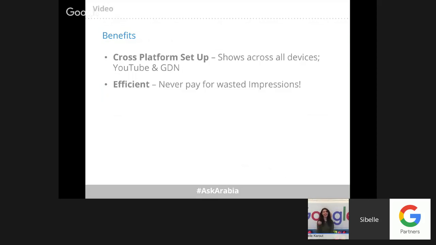Most important, efficient. Never pay for wasted impressions. So whether you skip after 30 seconds or people have already watched your ad and will just skip it automatically because they do not want to watch it, you will be transferring your budget to customers who have most likely never watched your video ad before and are interested to watch it. So efficiency is a very, very important thing about TrueView.